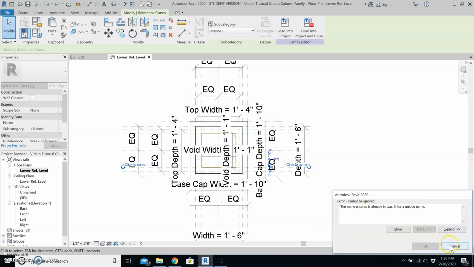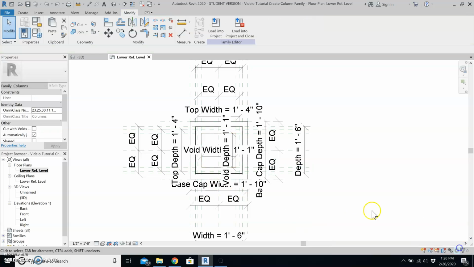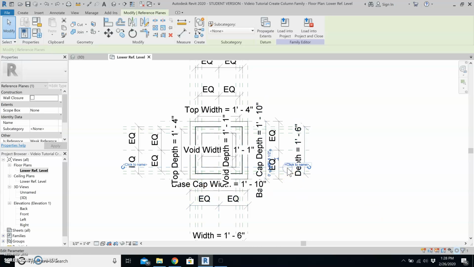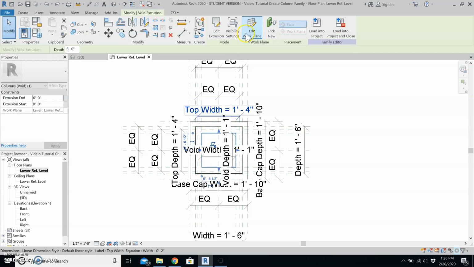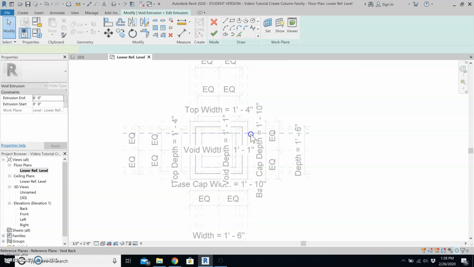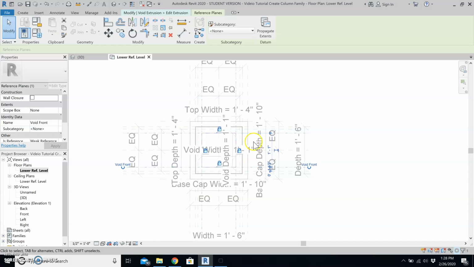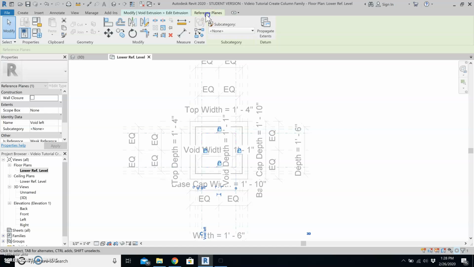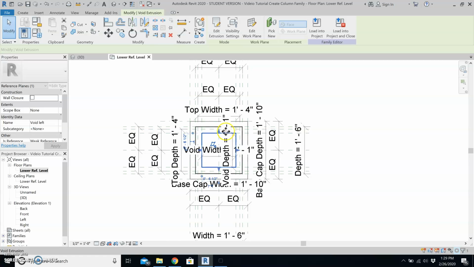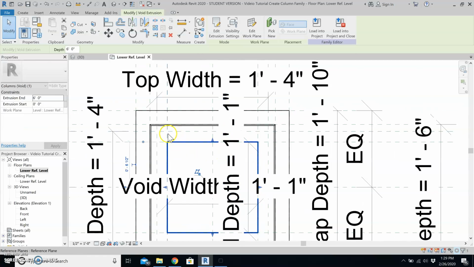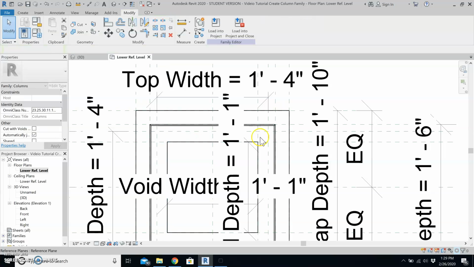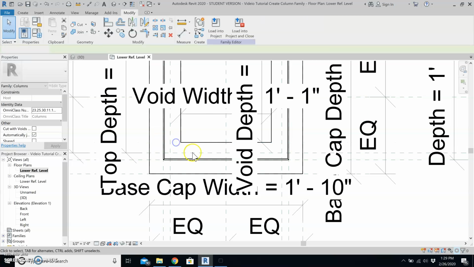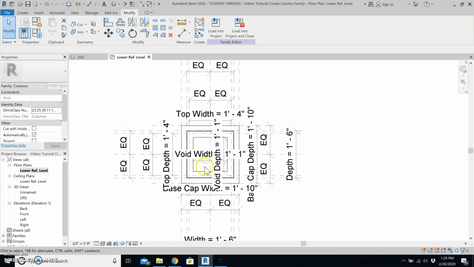It's already in use. Okay, so I guess what I did wrong was that I set up the reference plane right here within the void. That's why we weren't able to see it. Okay, so that's something that you want to be aware of. So I'll just delete those since it's already in there. But here it